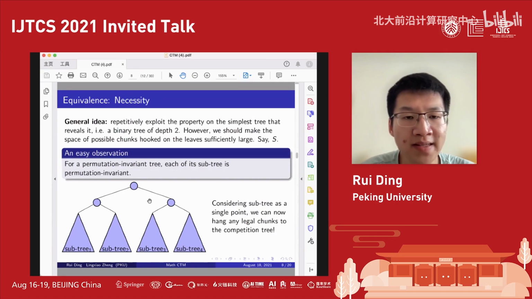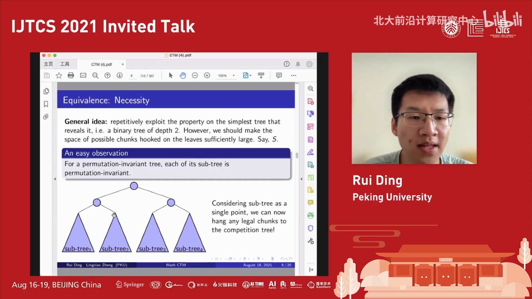What is interesting is actually the necessity side. That is, given a tree is permutation invariant, then its computation function must be additive. The general idea is here. We will repetitively exploit the property on the simplest tree that reveals this property, that is a binary